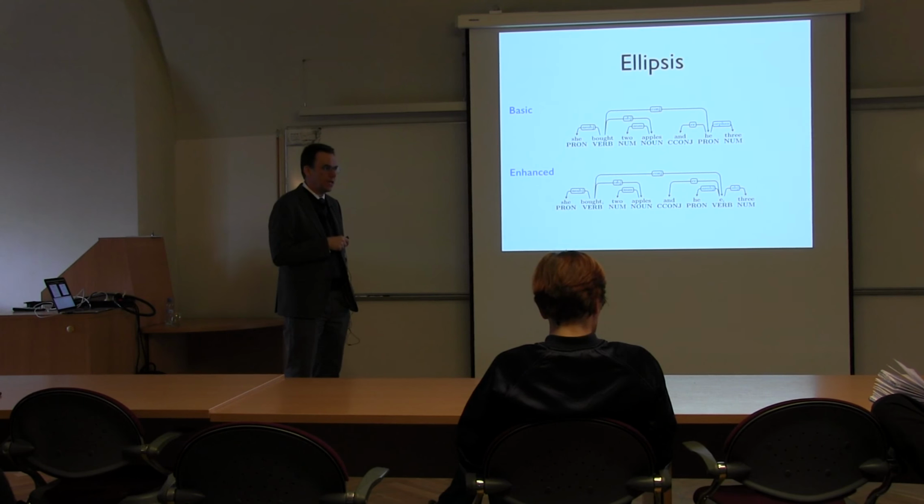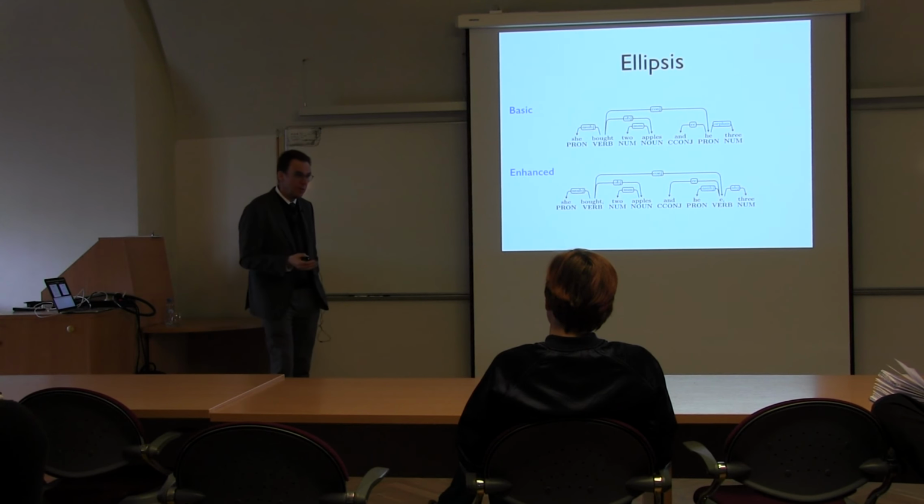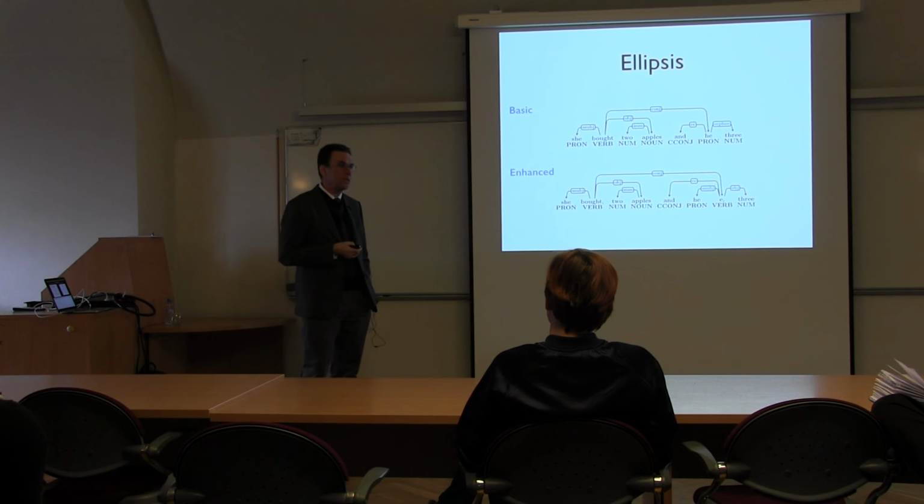In the more general case, when you're thinking about producing enhanced dependencies for new data, absolutely, I would say it's very much an open question. What is best? Whether you should try to parse directly to a graph structure, which of course makes the parsing problem computationally harder, but could have other benefits because you're jointly inferring all of these dependencies, as opposed to first producing a tree and then in some kind of post-processing step.